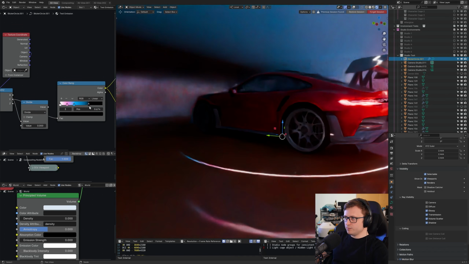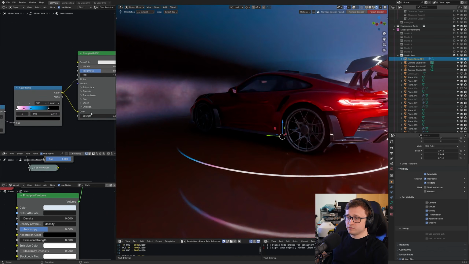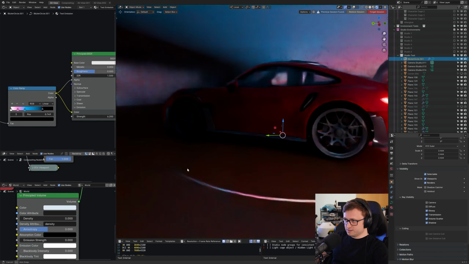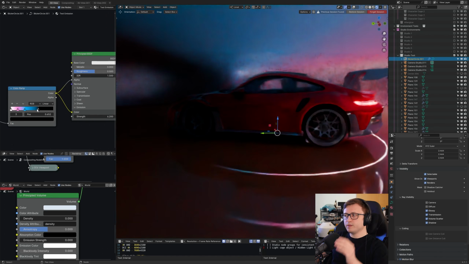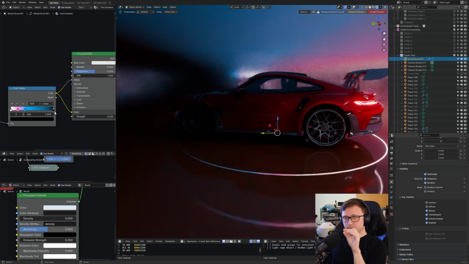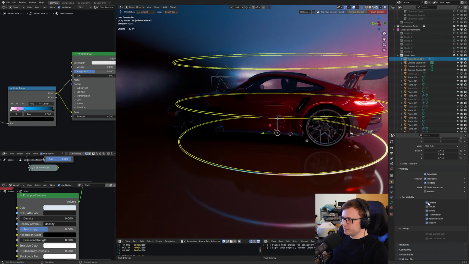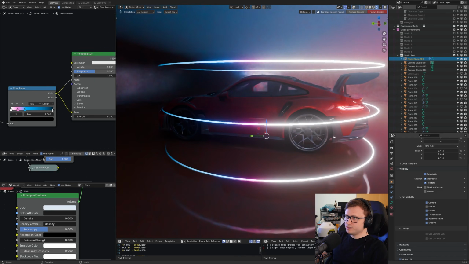change happening here. Now, because we've got it plugged into the alpha as well as the emission color, you'll notice that it's becoming invisible here. Now, the object is already invisible. What we're actually looking at is the reflection of the object on the floor. If I select it and make it visible to the camera again, you will see this gradient much more clearly